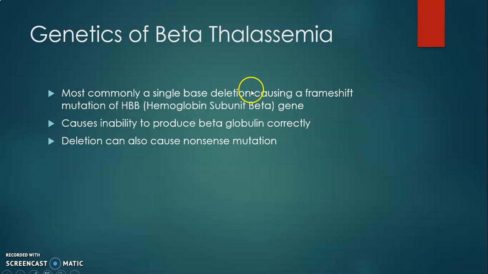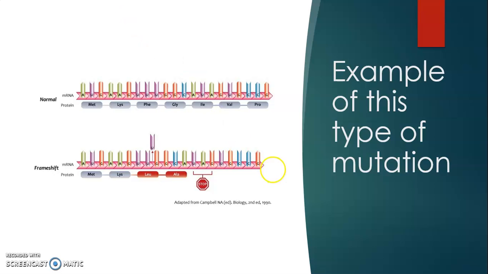And then in some versions, there's over 200 different varieties of this mutation. But in some of them, that deletion can also cause a nonsense mutation, which is when there's a premature stop codon, so that it doesn't even finish producing the protein at all. So in this picture, this is not the exact mutation, it's just an example of what this